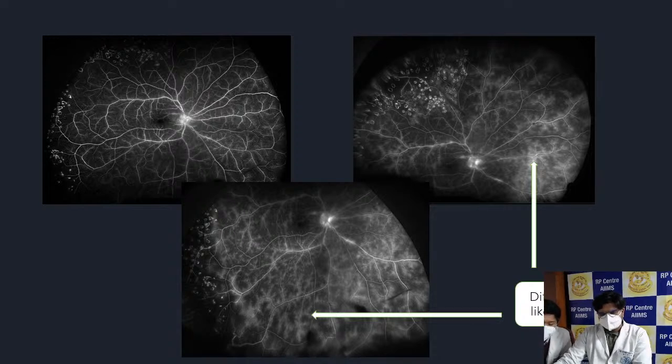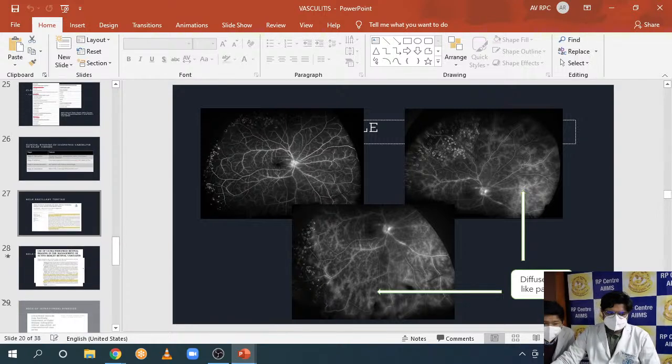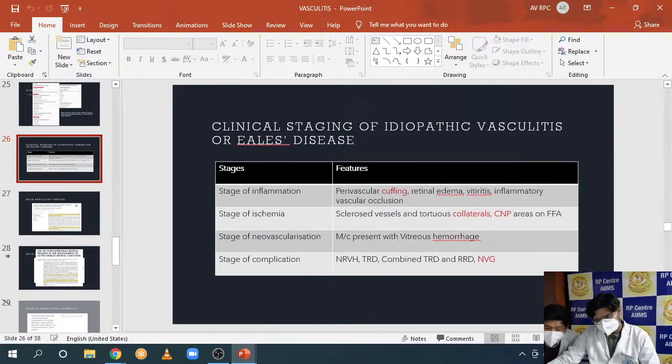Okay, so the presentation aim was that in this you can see partly healing vasculitis. You can see that this patient needed some steroids, he needed laser. So he's gone from stage 1 to stage 2, capillary non-perfusion has developed. Fortunately, stage 3 and stage 4 has not developed, and the aim of our treatment is that these patients should not progress to stage 3 and stage 4.